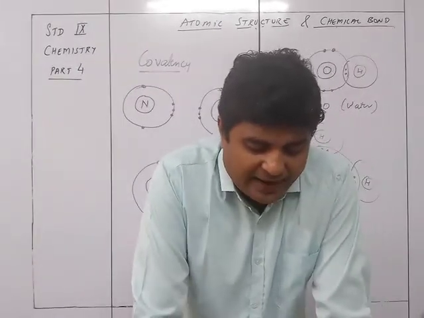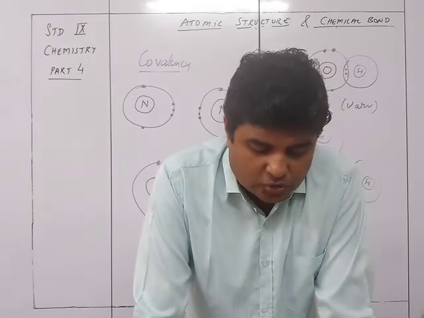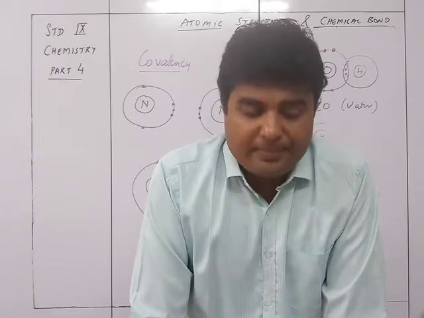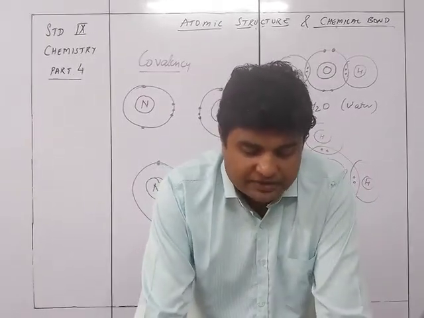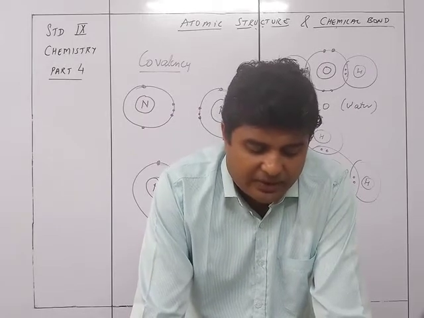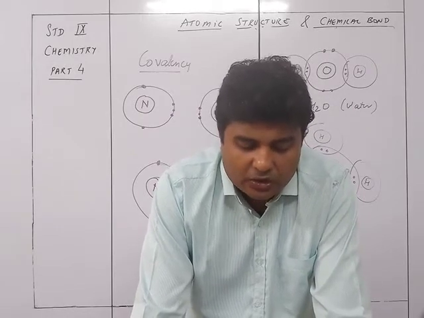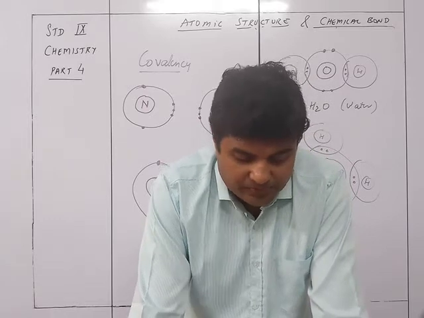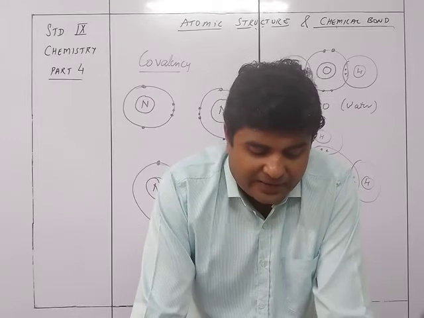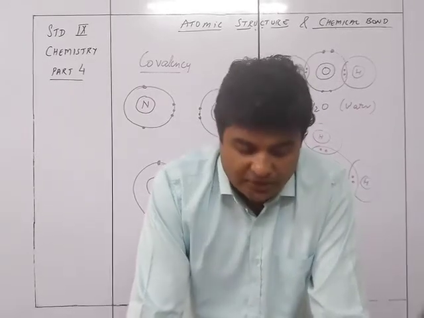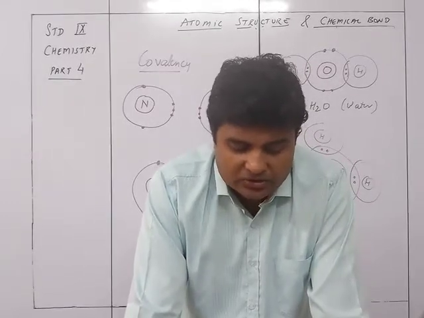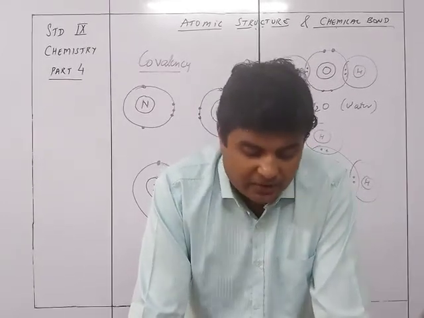The force which acts between two or more atoms to hold them together as a stable molecule is called a chemical bond. The concept is called chemical bonding. Noble gases have a stable electronic configuration, that is, their outermost or valence shell is complete. They have 2 electrons in the outermost shell in case of helium, or 8 electrons in the outermost shell in case of neon or argon. They do not gain, lose or share electrons and are unreactive or inert.